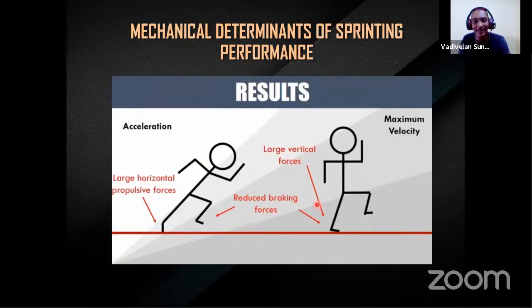So initially, in the acceleration phase, most of the acceleration is because of the horizontal propulsive force. And when completing, you see the athlete's action. He jumps once he starts from the starting position. Maybe his body is horizontal, but once he reaches the maximum velocity, it is completely vertical. His action will be a little bit of a jumping action to reduce the braking force, okay.